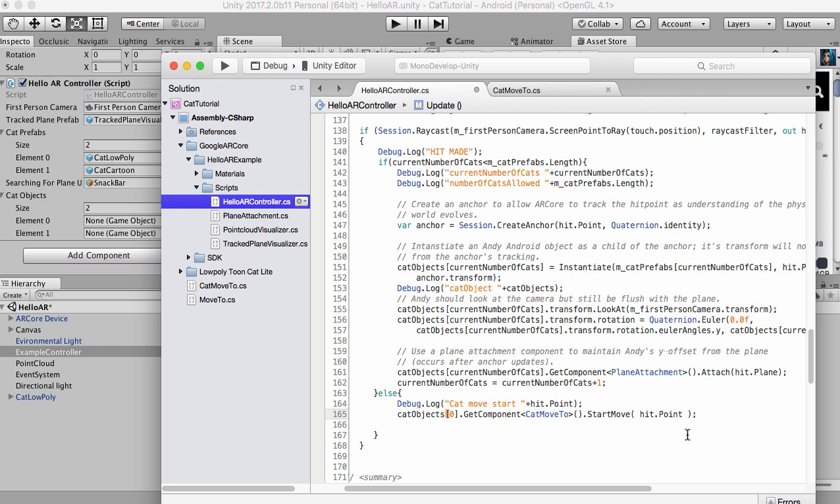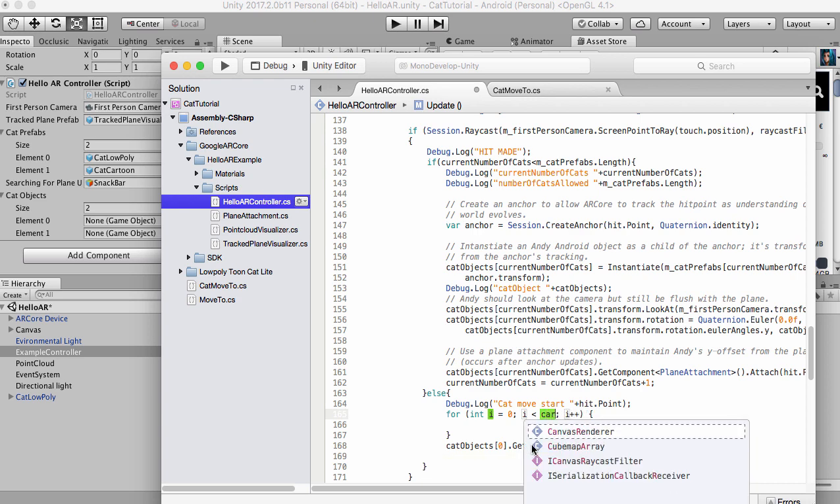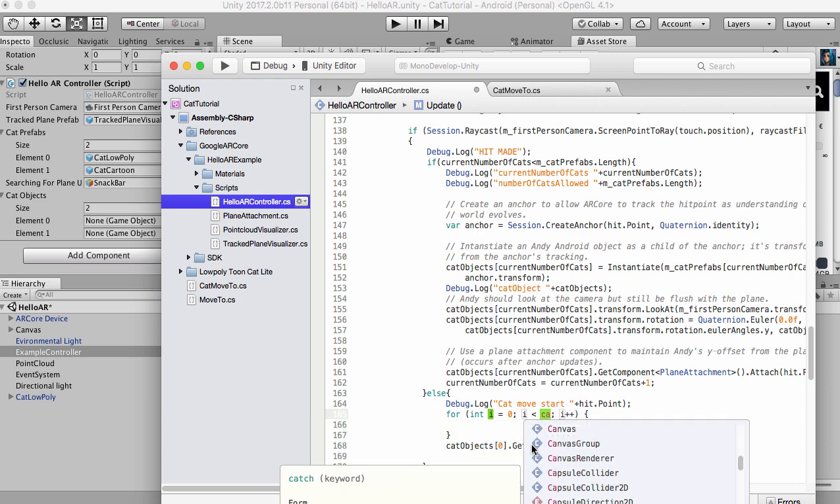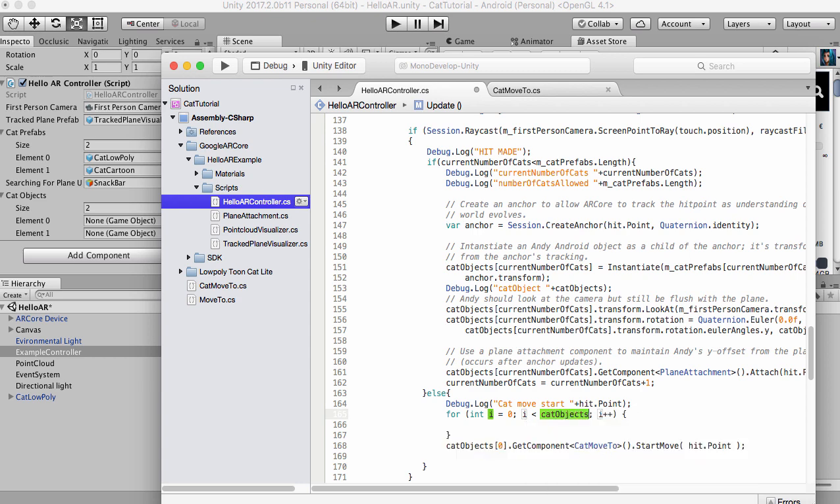But you know what? What if the second cat, we have a cat move on there, and the third cat, and the fourth one? We don't really want to do that. So what I'm going to do instead is I'm going to create a for loop, right? And I'm going to say for every single object in our array,